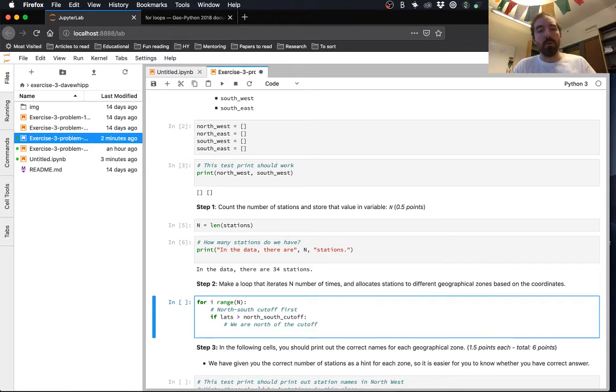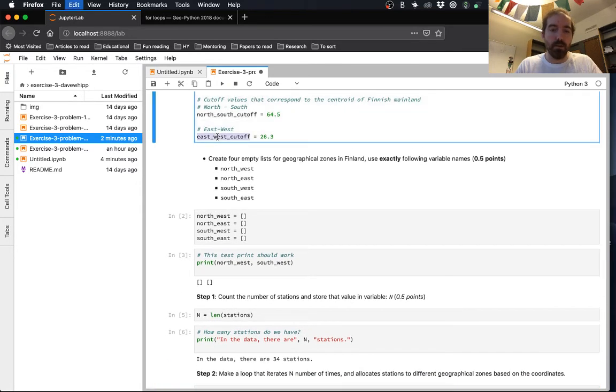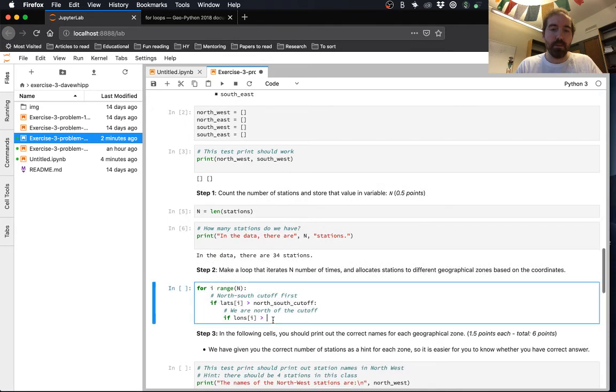But if we know we're north, our next check can be to say, is the longitude, oops, I've made a mistake here. This should be lats of i, so latitude for the current point. And if lons of i, same kind of idea, is greater than our east-west cutoff, so just copy paste that in there.